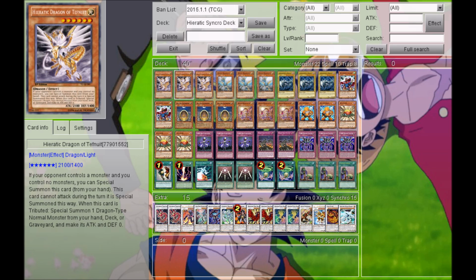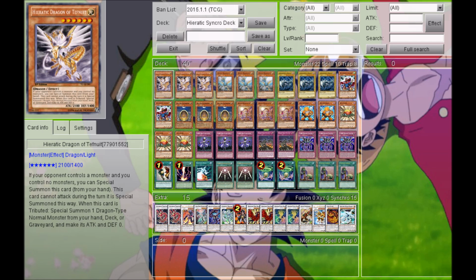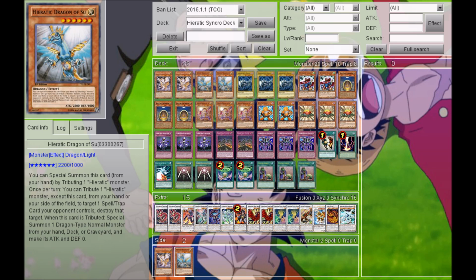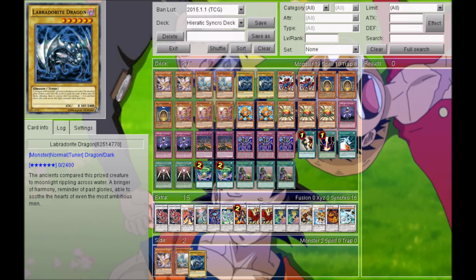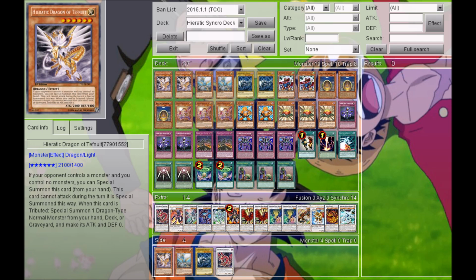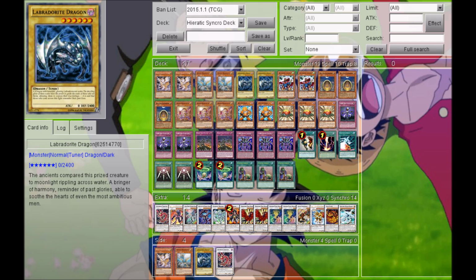I'm just going to put all the card combos and stuff down on the field, so you guys know what cards I'm talking about. So I'm going to put this card down here. We're then going to put this card down here, and this card down here, and this card down here. Alright, so if you have a Hieratic Dragon of Tefnut and a Hieratic Dragon of Su, you can make an